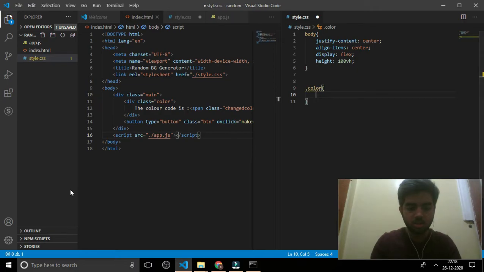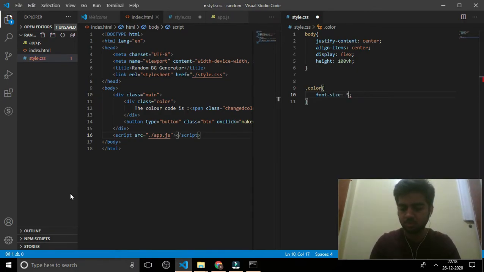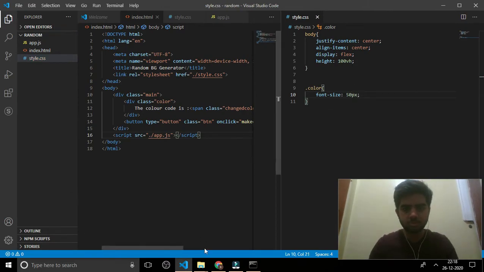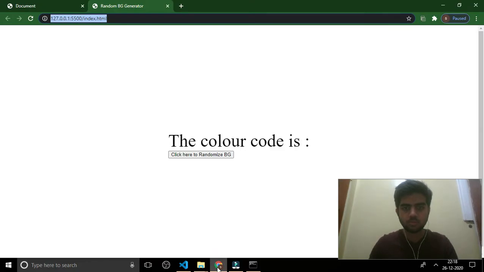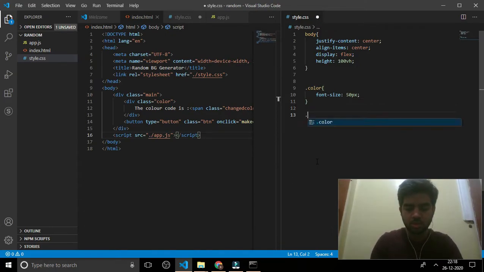Now it's color, font size be some 50 pixels. Okay, and button.